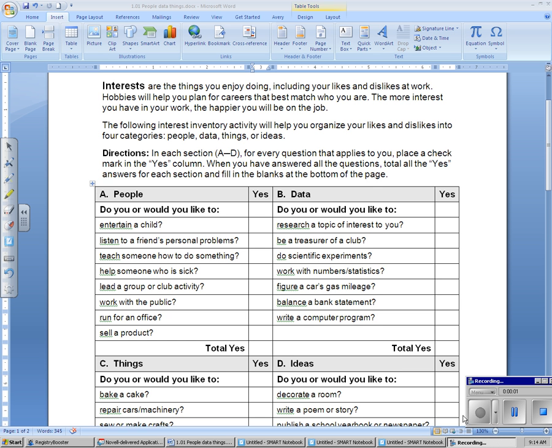Okay, today we're going to take a self-interest inventory, and we've talked about the different categories of interest that fall into people, things, ideas, and data. And the document that you need is going to be called 101, People, Data, and Things, and it can be